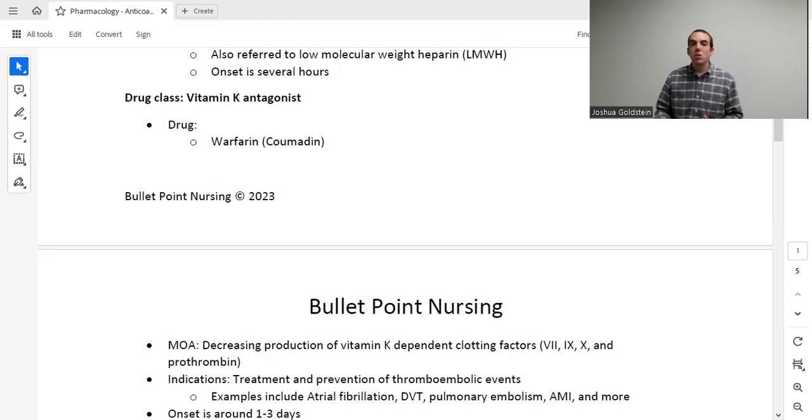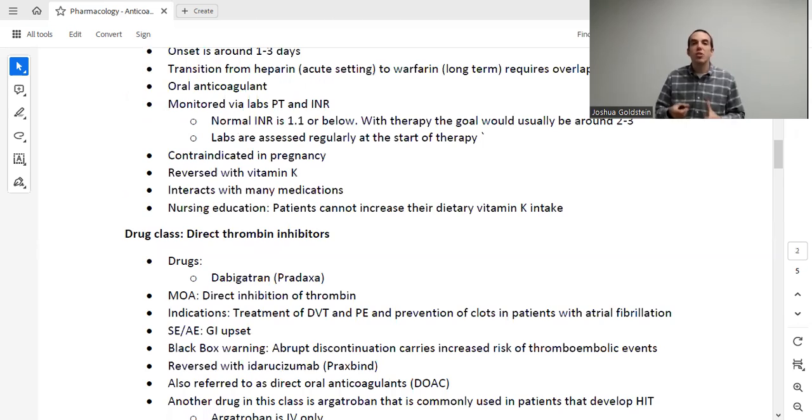The onset here, you'll note, is 1 to 3 days, 24 to 72 hours. And the big deal here is that if I want immediate anticoagulation, this is not an option. I have to go to heparin. However, very often we start a patient on heparin, and then we may continue their anticoagulation with warfarin. In that case, when we transition from heparin to warfarin, we do need to overlap the two because we don't